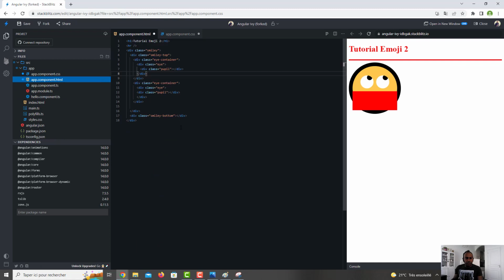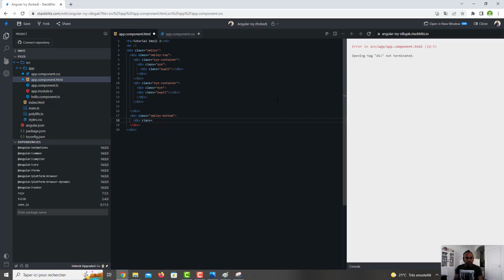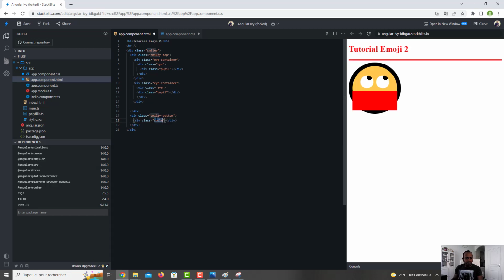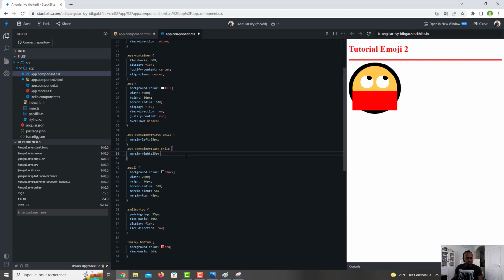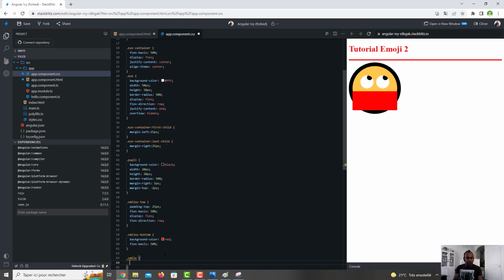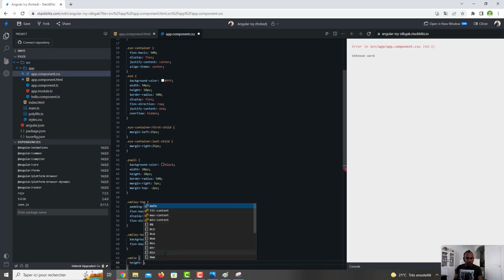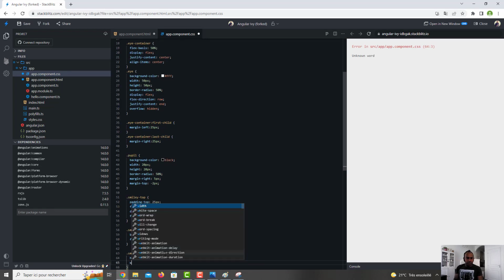So we go here, we go for the smiley button, and I can draw, you know, for this the smile just below. Okay, this seems good. After we can create the CSS. Okay, so we go here, we can create the height of 10 pixel, the width of 43 pixel,